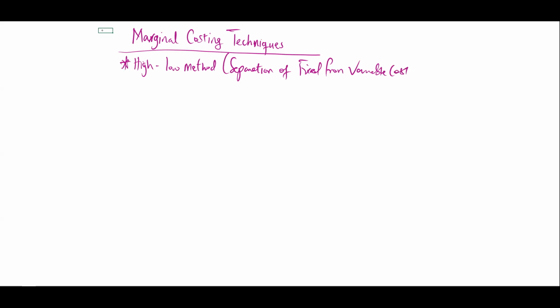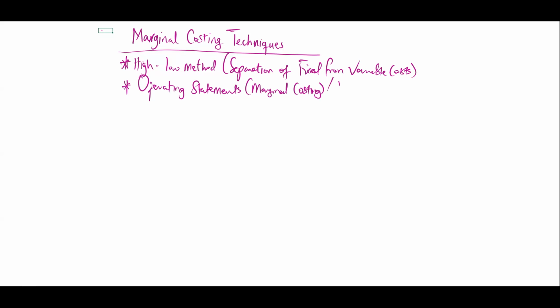Then another technique is learning how to prepare operating statements. That's what we did last week, right? Learning how to prepare profit statements using marginal and absorption costing. But here the focus is on marginal costing